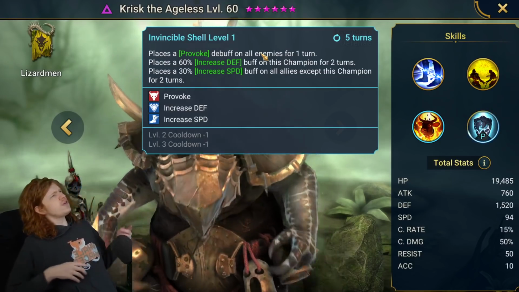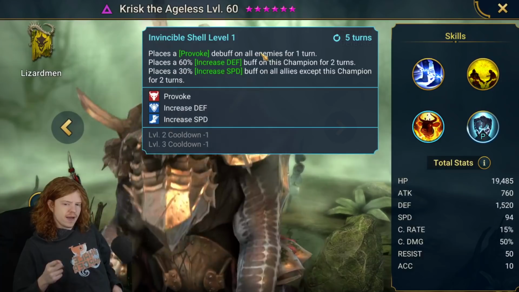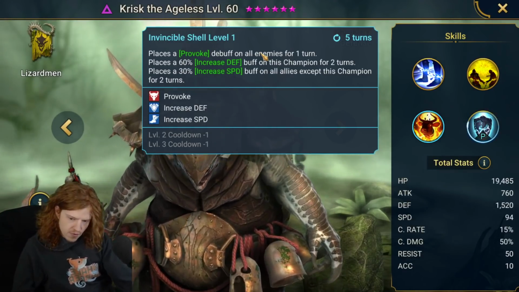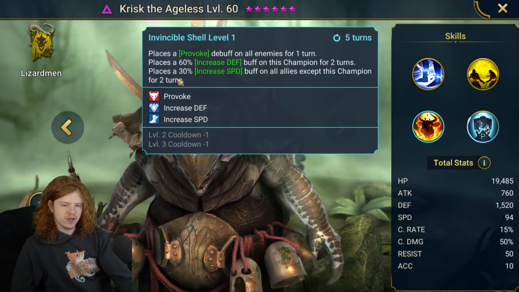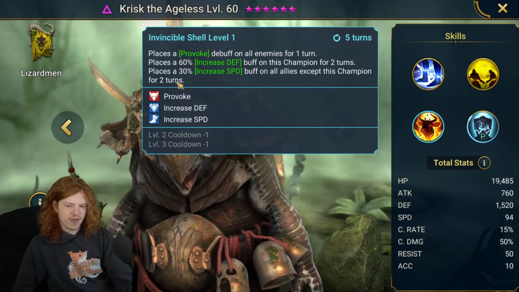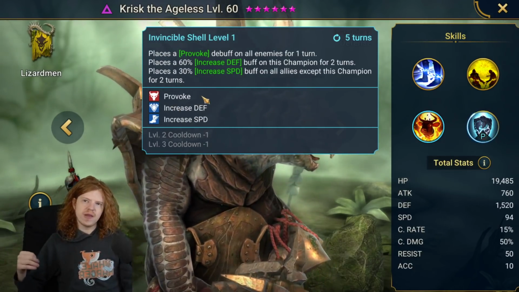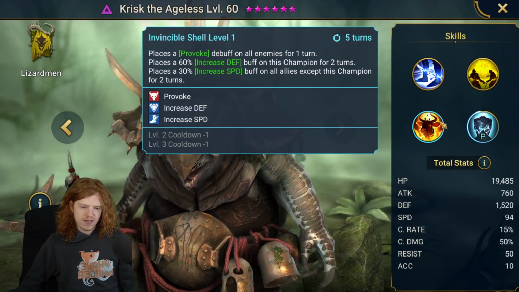So, speaking of provoke from the previous character, this character here kind of gets countered a little bit by that, I suppose. But if you continue, 60% increased defense up, and then increased speed on all allies except him. So you can kind of see what the idea is. You make everyone tanky, you give everyone protection, you give everyone continuous heal, but it gets even better, which is